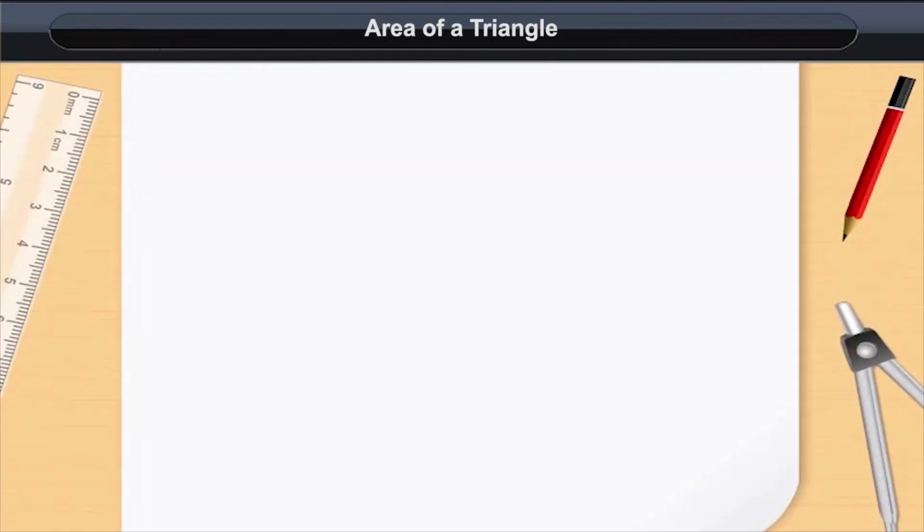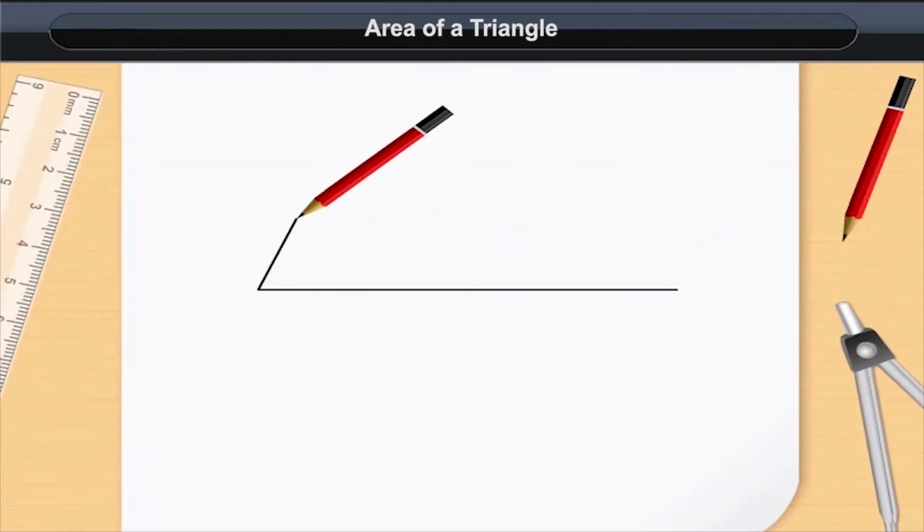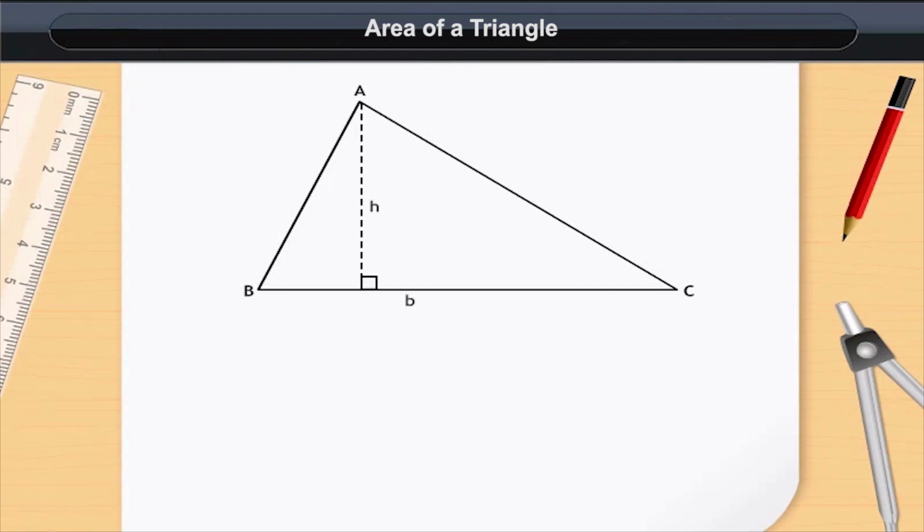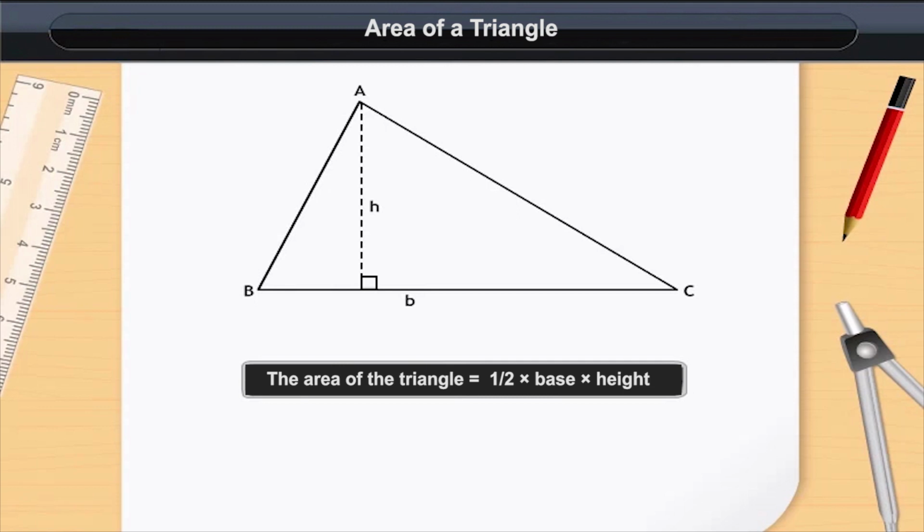Area of a triangle. 1. We have now studied how to calculate the area of the triangle when its base and related height are given to us. This means that the area of the triangle is equal to 1 divided by 2 multiplied by base multiplied by height. Now, if the coordinates of the points of a triangle are given, then we will use another